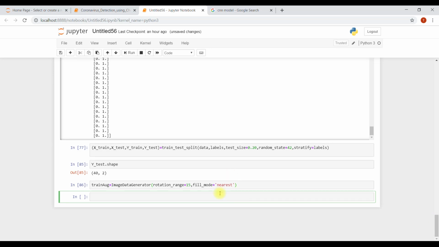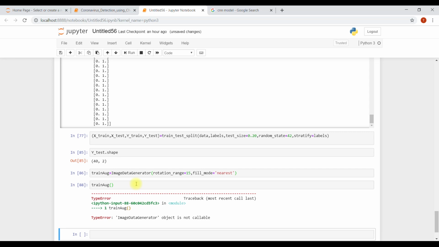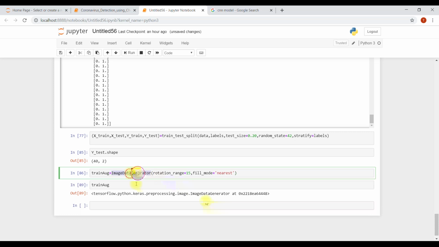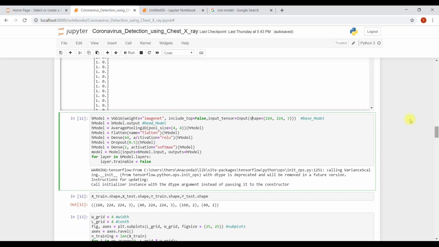So it's completed, and that's the generated image data. Let's move forward to make our CNN model.